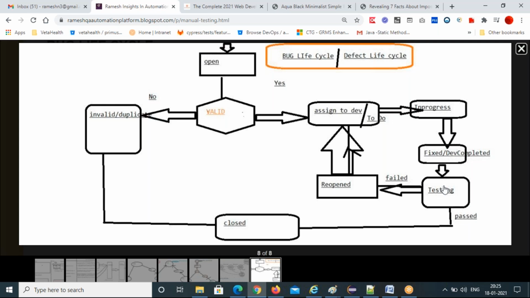Once testing is done, this is the retesting. If the test case is passed, you will close that bug, with the closed status. If the test is failed, the status will change to reopen, and you can assign the same bug to the same developer who fixed that bug.